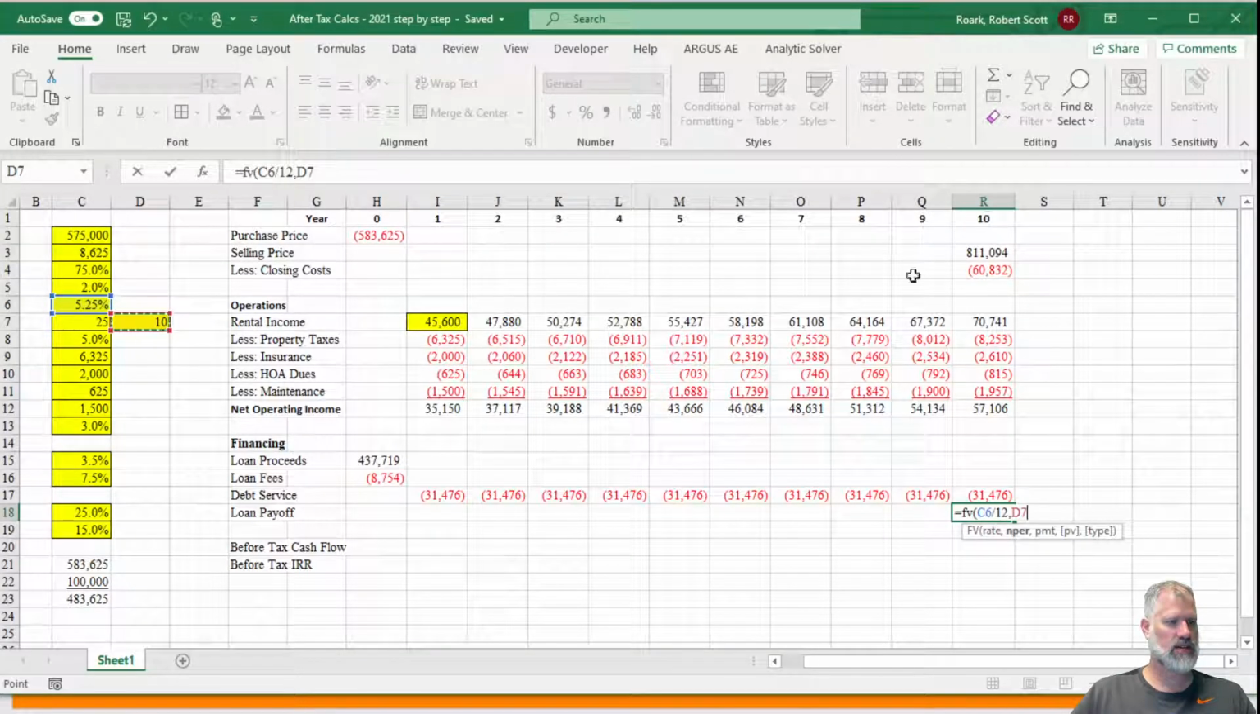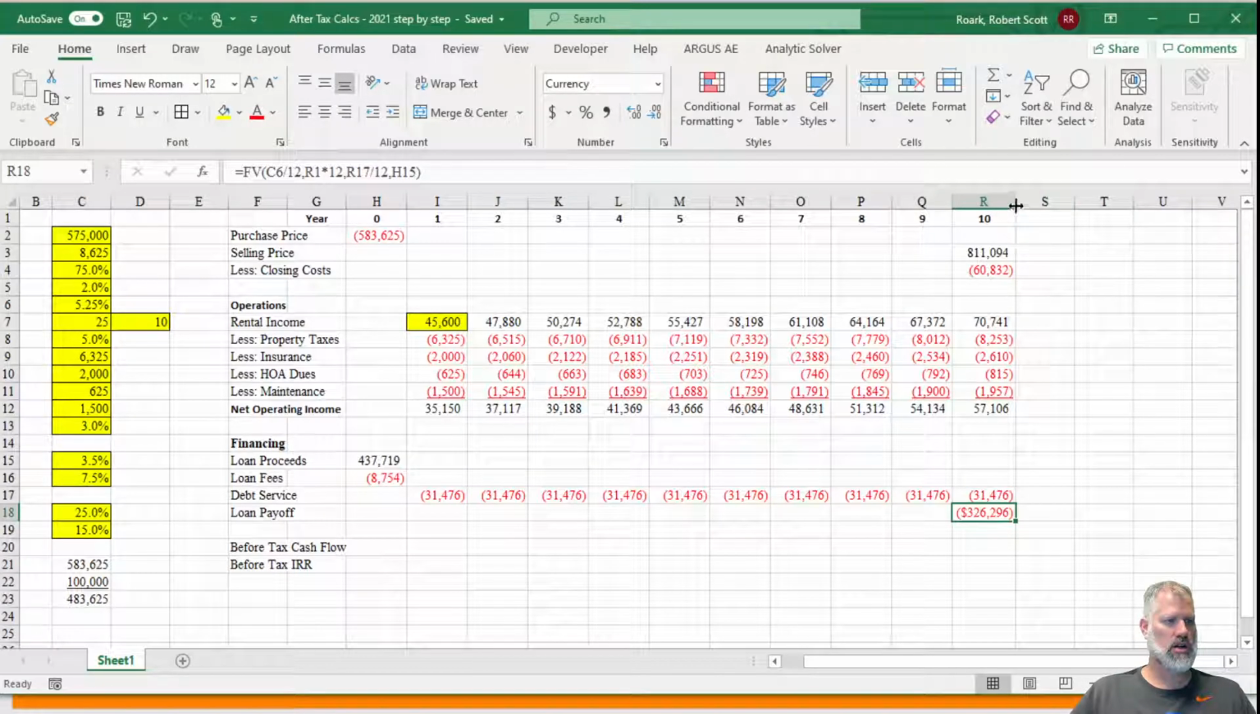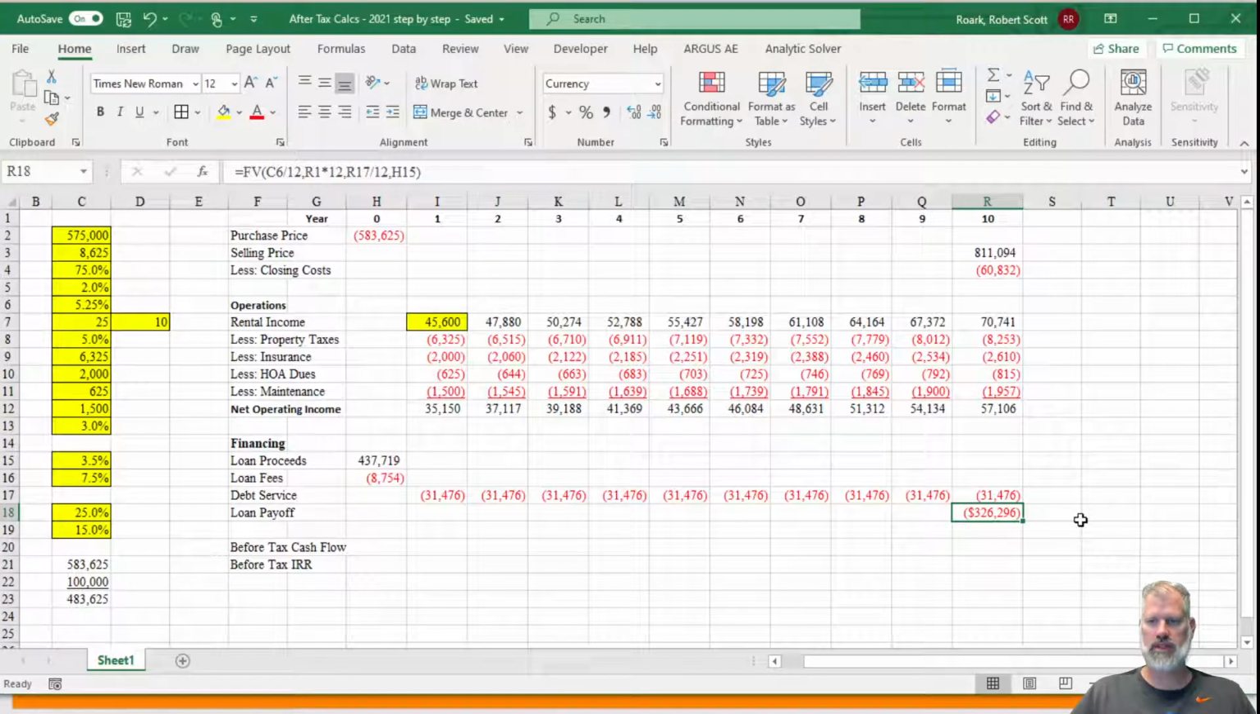I can link here or here. 10 years into this thing. Need to multiply it times 12 to tell it 120 months. My payment has been this divided by 12, right? My monthly payment is 1/12 of my annual payment. The amount I started off borrowing was $437,719. So I am good to go here. Need to format that to get rid of pennies that I don't care about. And we are good. Our loan payoff at the end of this all is